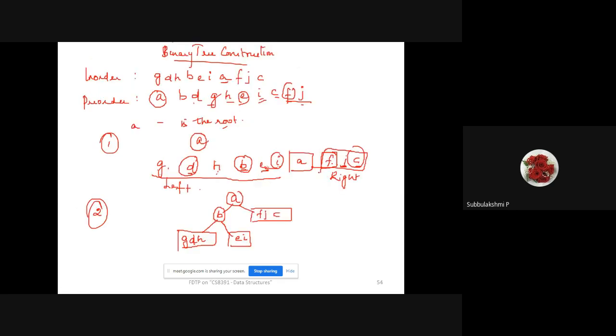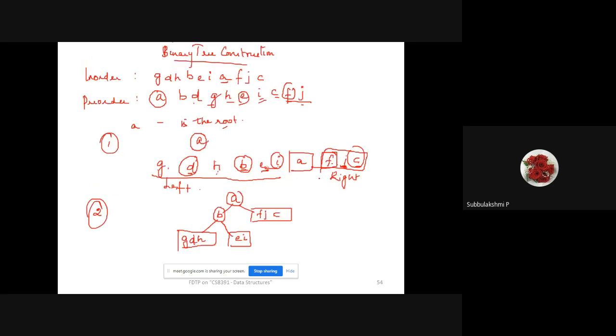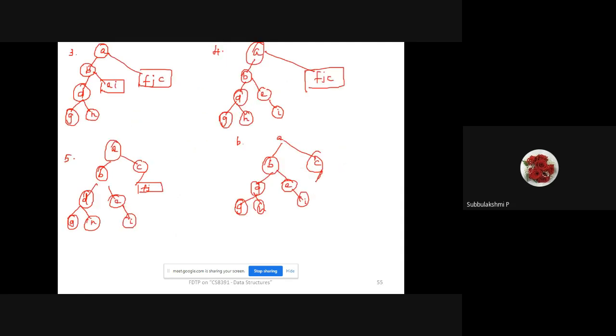So again, I'm telling F I'm taking out. In the right side of F, I have J. In the left side is already A. That's the reason why I made it as this one. And in the right side of F, we have J. So we are making, and with C, it's been left side. No, with C, the F has been left side. And in the right side of F, it's J. So I have to write F, the right side of C, and in the left side of F, it is